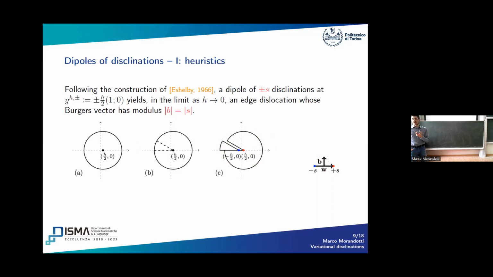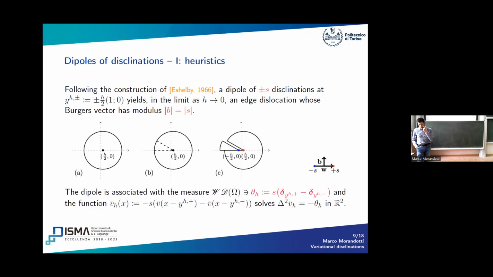I must say that Eshelby's construction is very easy to read, but then there's a kind of a trick where there are two quantities that should go to zero together, and he's a little bit sloppy in my opinion about that, but for the purpose of the computation, he gets his result. So it was our purpose to try and fix it correctly. And the idea is the following one.